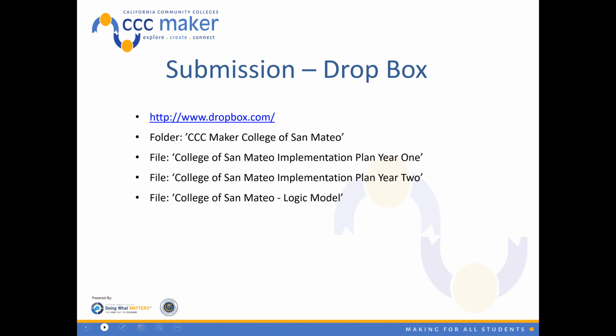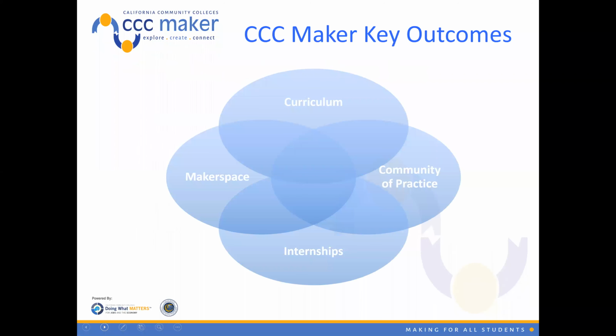Okay, so the makerspace itself is one of the four key outcomes. Yesterday we talked about internships. Now we're going to move over to makerspace, and it's an intersection with the curriculum itself. Many of you represent various distinct disciplines across the making community. So I'm going to stay away from the curriculum itself, but you have to conceive your curriculum in some method for this particular